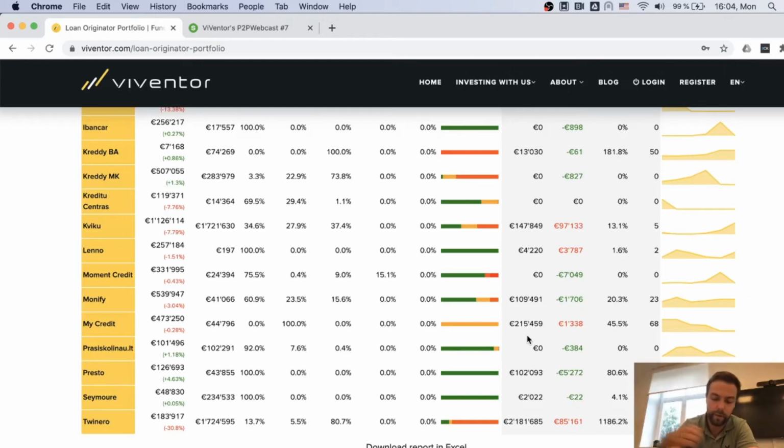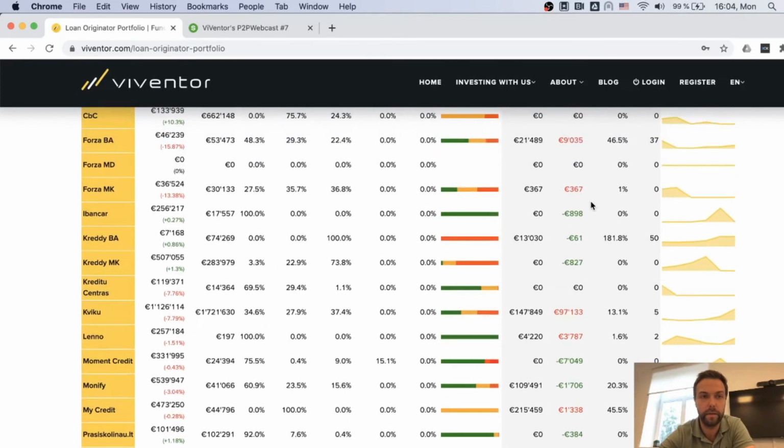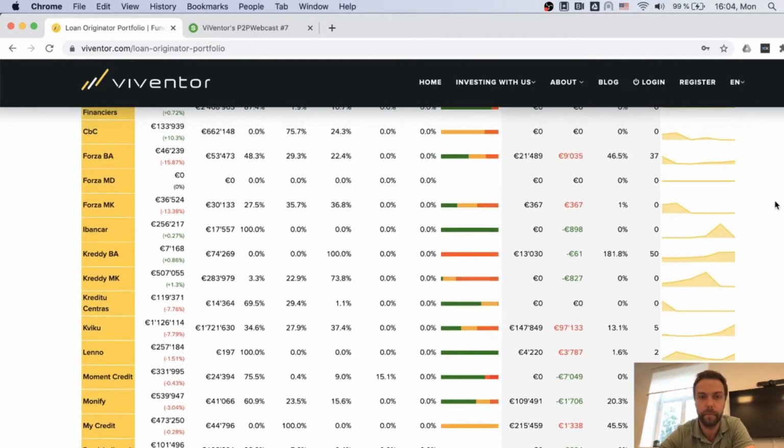And Forza and Credi Bosnia companies, they also have some funds in transit in their portfolios. It's not a big amount. Of course, they don't have a big portfolio as well, because they are not our, let's say, oldest loan originators. They have been on our platforms not that long, and the problem with these loan originators is due to